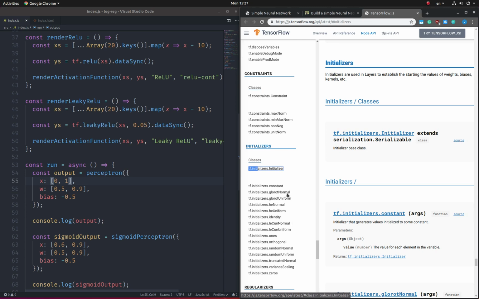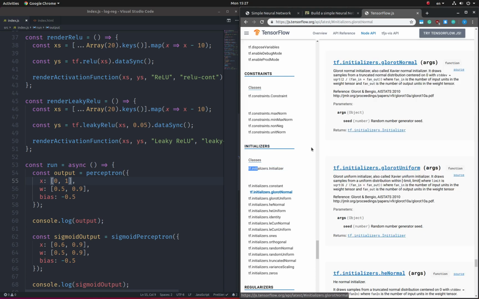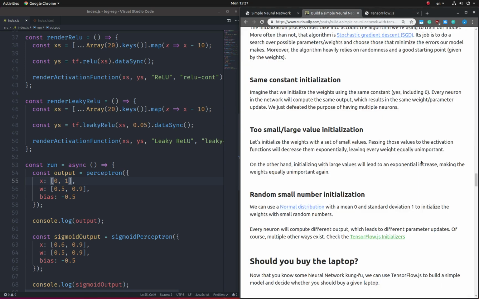And I believe that the default initializer is the Glorot normal, also called Xavier normal initializer, and it's defined as such, and there is even a link to the original paper for the initializer, so you can have a look at it. Okay, so that's pretty much what you need to know about building a neural network,